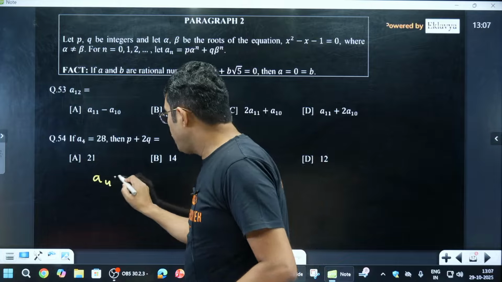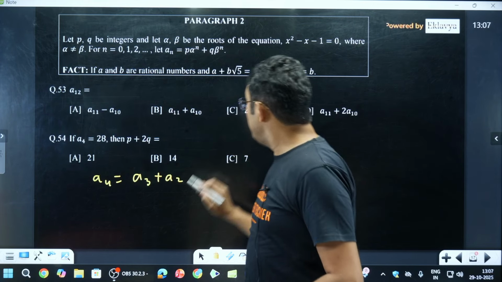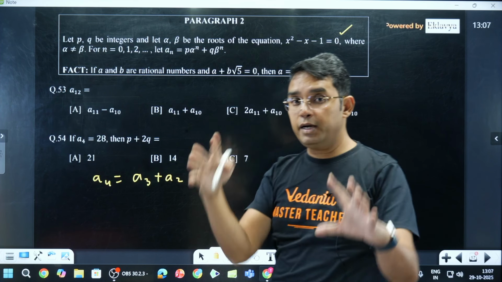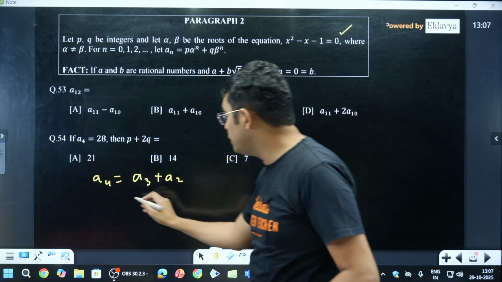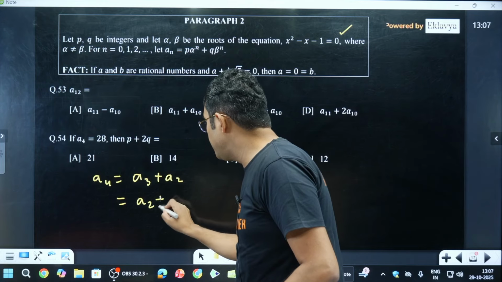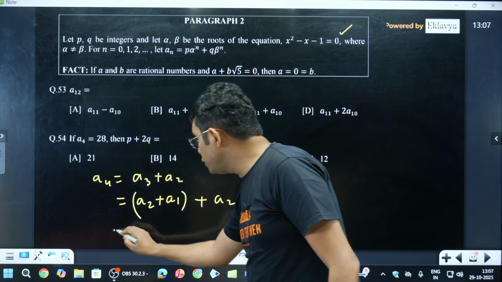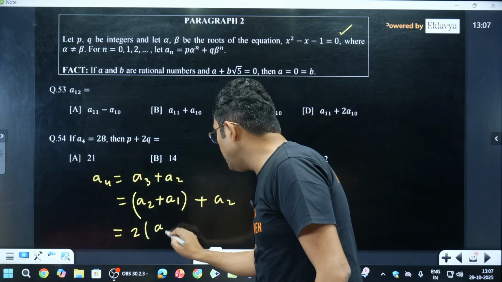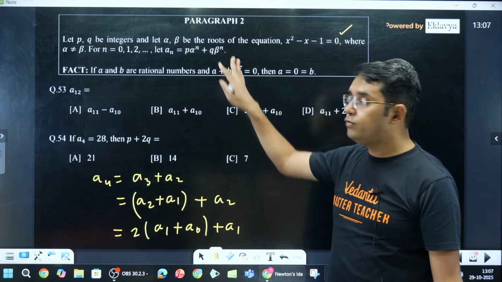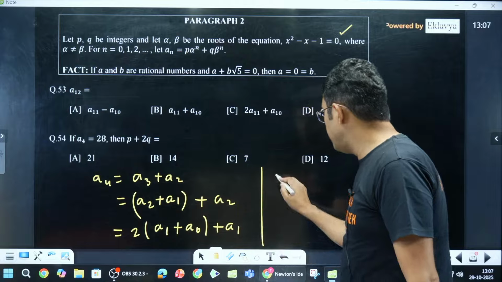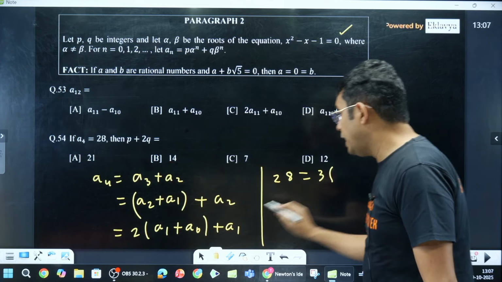Now A4, from this sequence, can I not directly write A3 plus A2? In fact, that is the quadratic corresponding to your Fibonacci sequence. Fourth term is the sum of the previous two terms. A3 can be written as A2 plus A1. Let me write A2 only here, so you get 2 times A2, and now A2 I will write as A1 plus A0, plus A1. As I told you, A0 also works well here. So my A4, which is given to be 28, is equal to 3 times A1